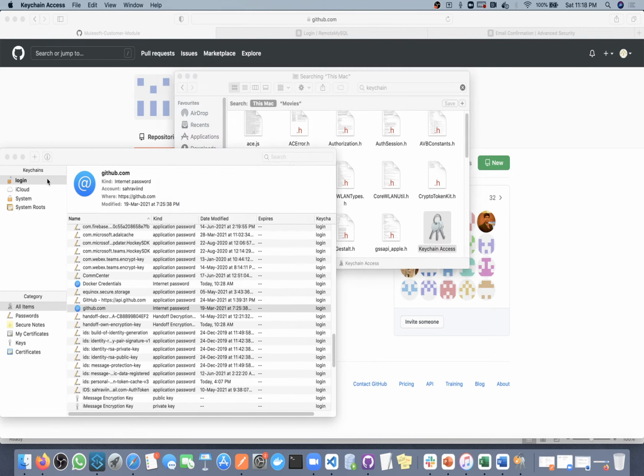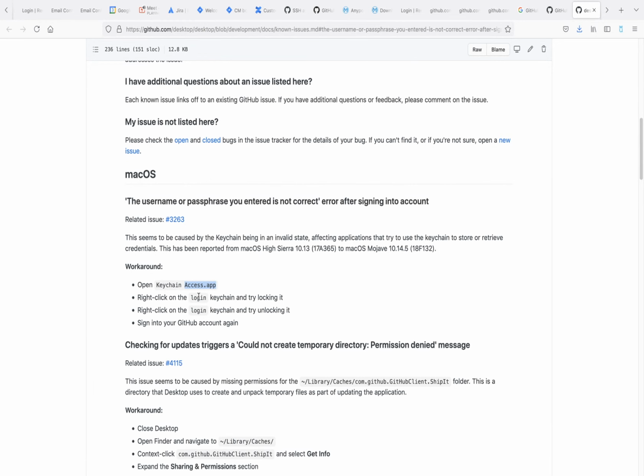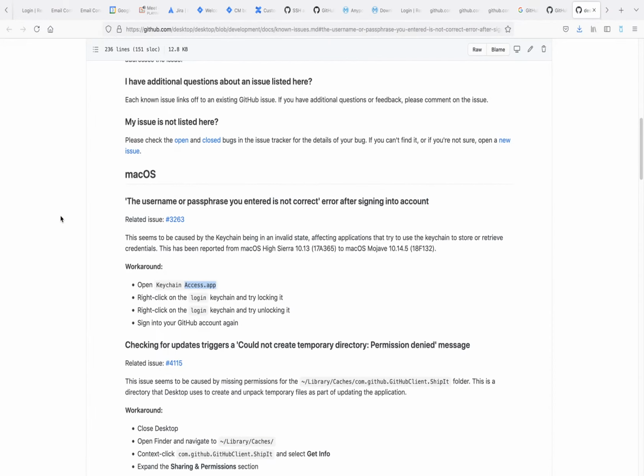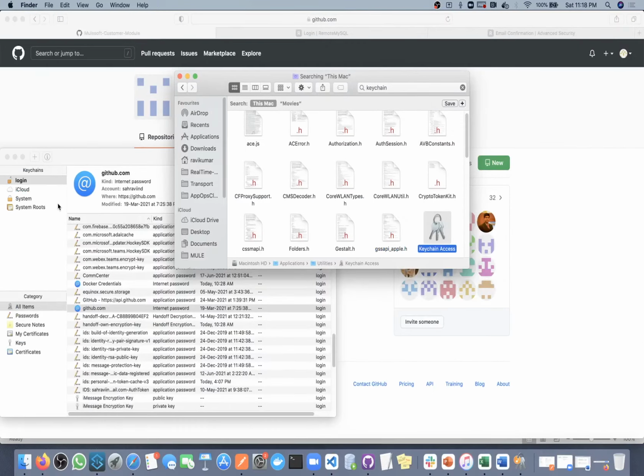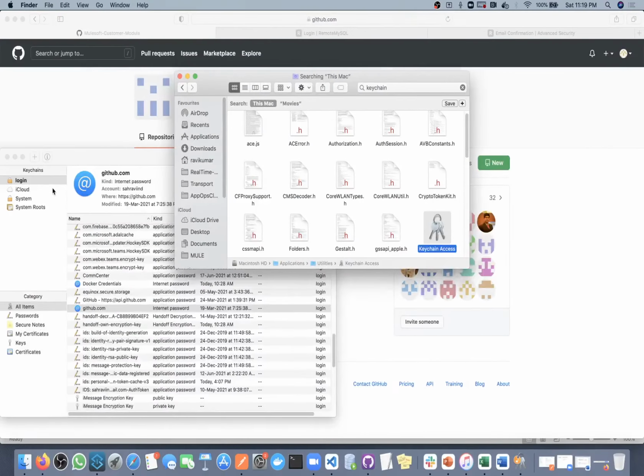Right click on login keychain and try locking it. Okay, then right click on the login keychain and try unlock.